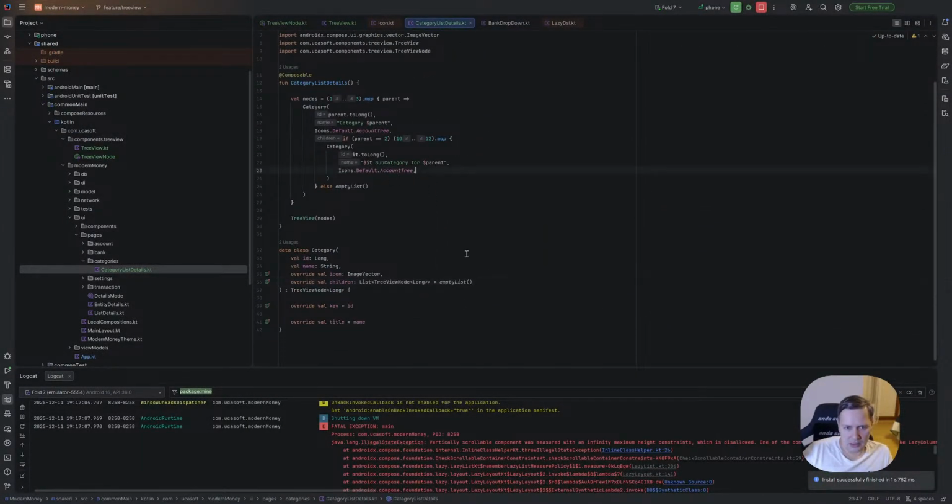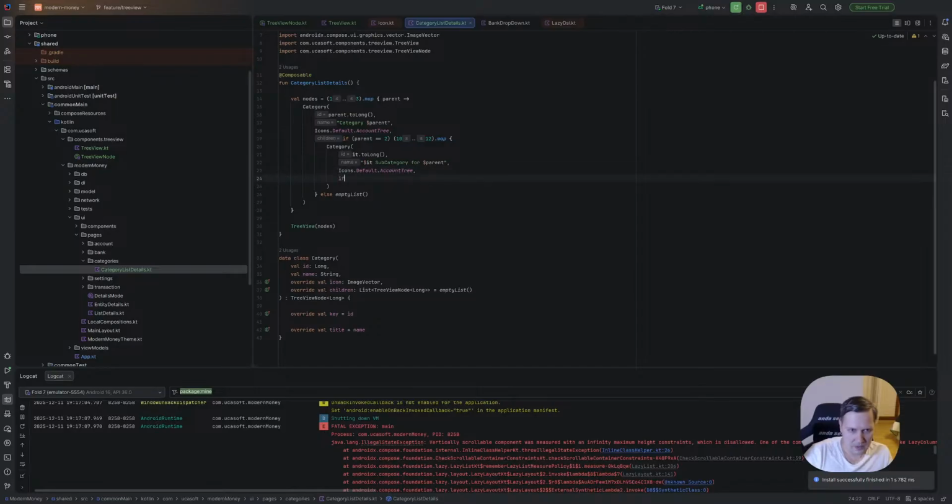So here again, in case of child, if child equals 12, then list of, else empty list.